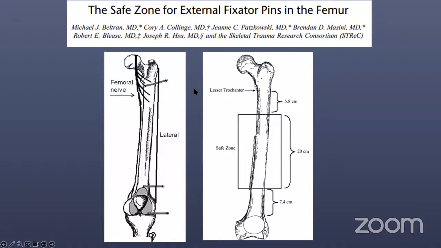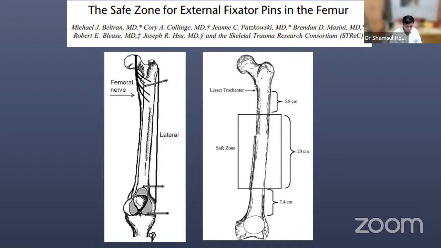They also described that none of the branches of the femoral nerve has crossed this vertical line, which is joining the anterior margin of the greater trochanter to the anterior margin of the lateral condyle. And hence, since all the nerves were ending medial to this vertical line, the lateral surface of the femur is again considered safe for using the pins.